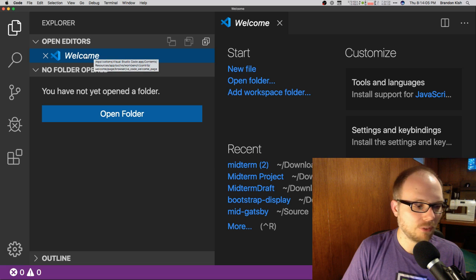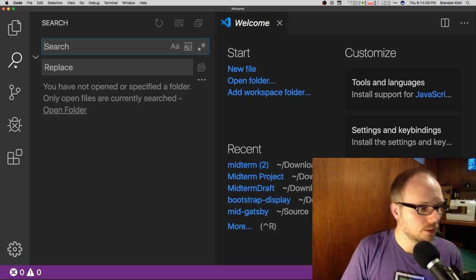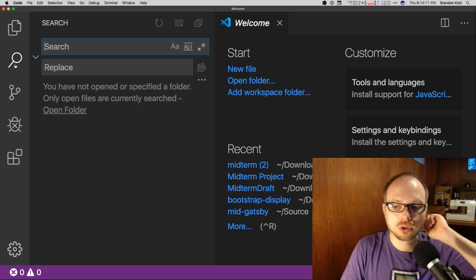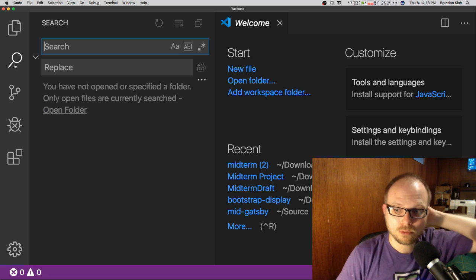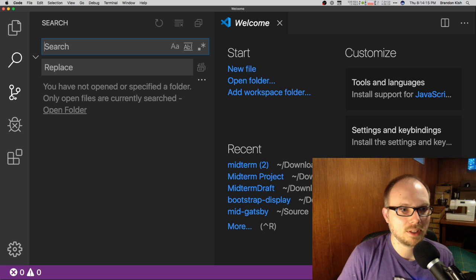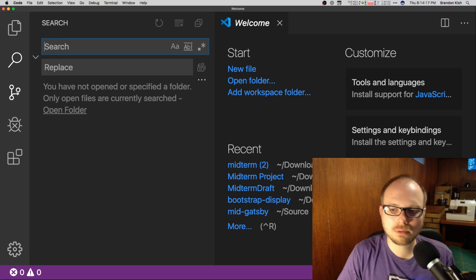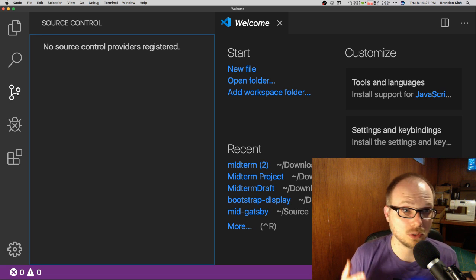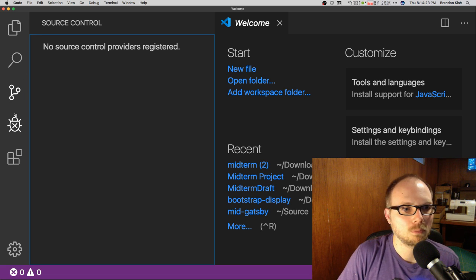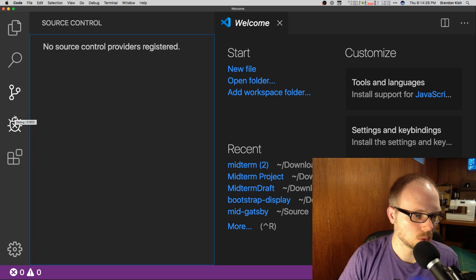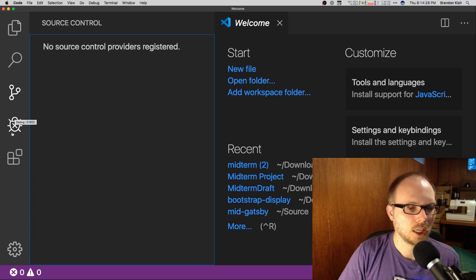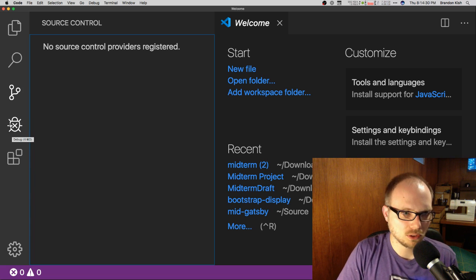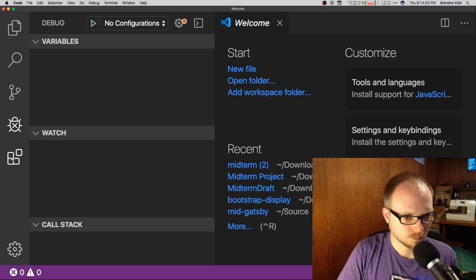As you open up files, you'll have tabs that appear across the top. The Find, or the magnifying glass here, lets you search the document and tabs that you have open. It's really powerful. And then some of the following features are more advanced for when you start working with a team and try to keep track of your code in source control. There's going to be a chapter later this semester where you get introduced to that concept. And then as you write JavaScript applications, there's a debugging interface.